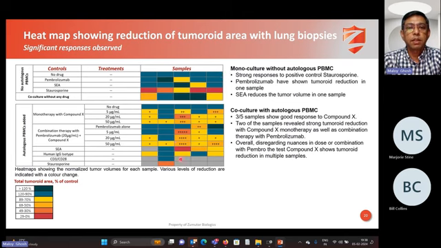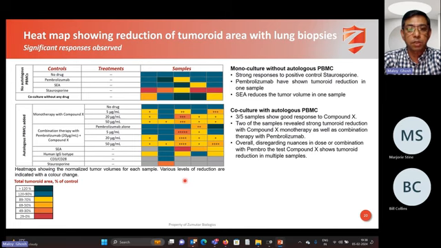And you can see the more yellowish the color is, the more response you can see. Pembrolizumab by itself works only in 1 sample. The other 4 samples do not show any pembrolizumab response. On the other hand, when we put in our drug, we do see response in other samples, a varied response. And this is what is expected in any immunotherapy. The response is not